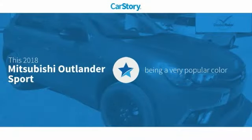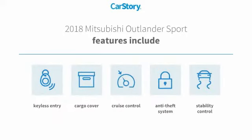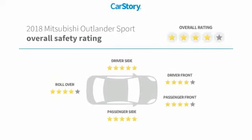Car Story research indicates this vehicle as being a very popular color. Features also include keyless entry, stability control, cruise control, anti-theft security system, cargo cover. With these ratings,